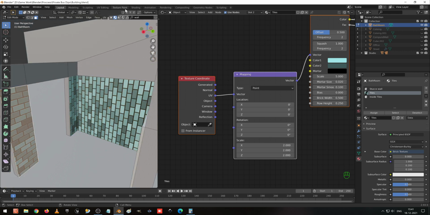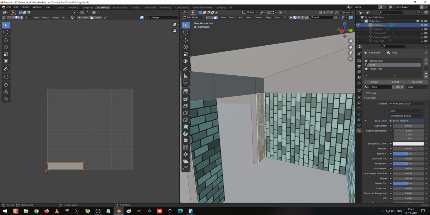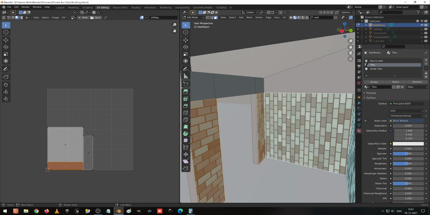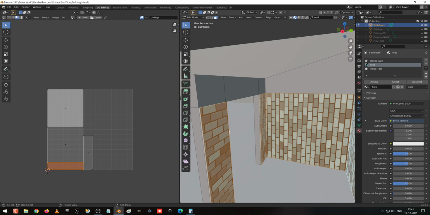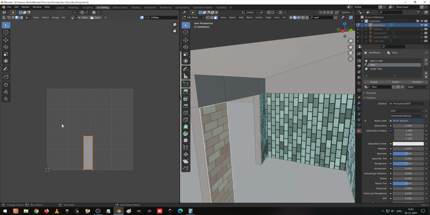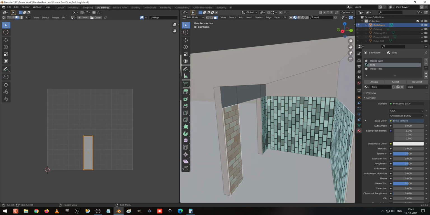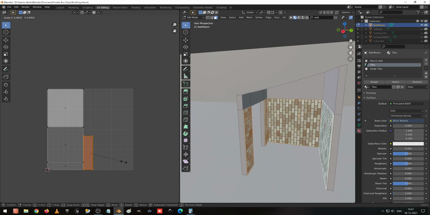So now I go to the UV editing. So here you can see, I select these three. You can see only this is not coming correctly, only this side. So what I am going to do is select everything and S to scale.